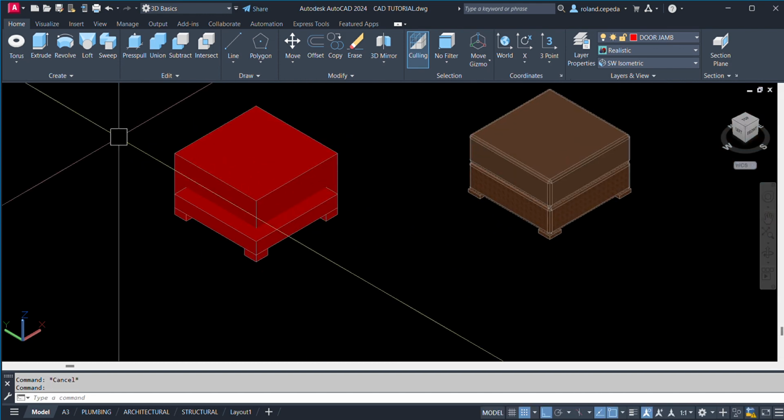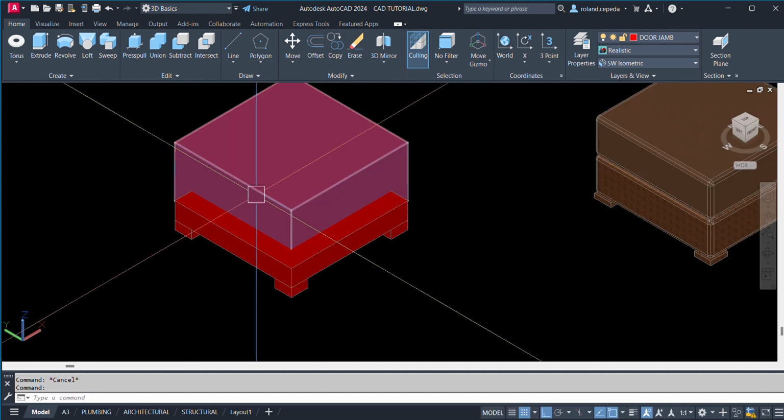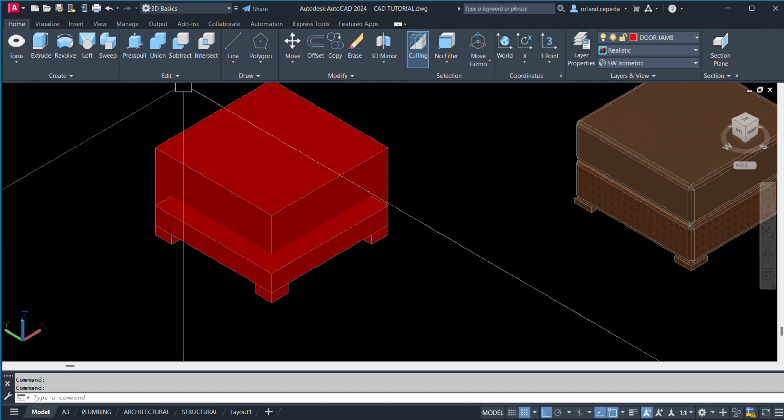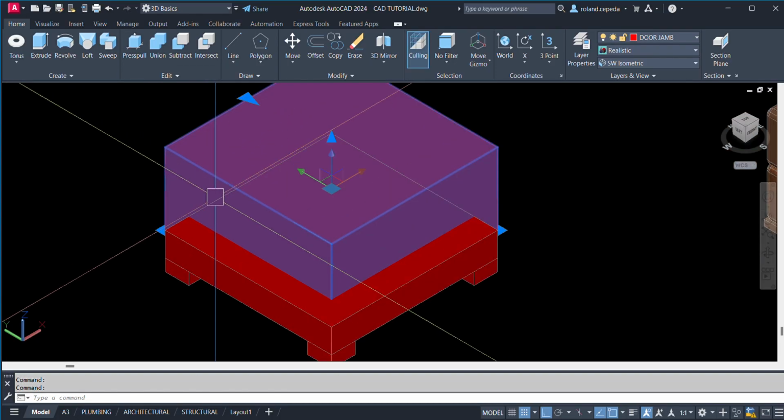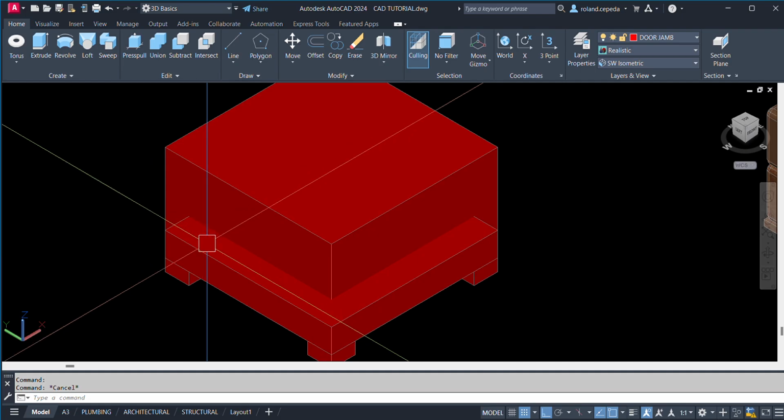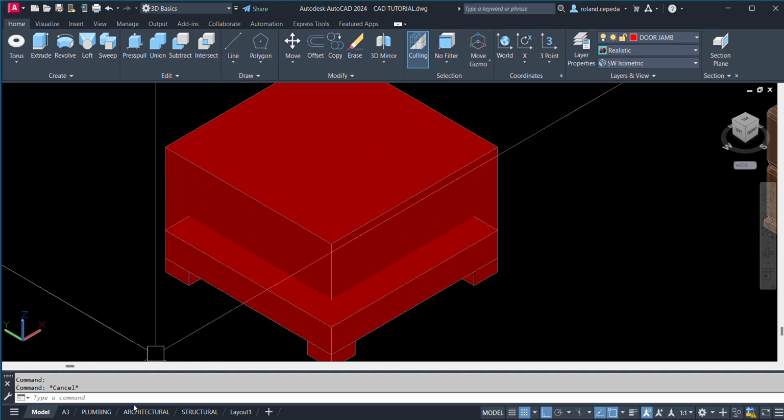Okay, so I'm going to bevel this one, or what do you call this, fillet edge. So I'll just type fillet edge, or you can select also the fillet edge at the edit group of commands.